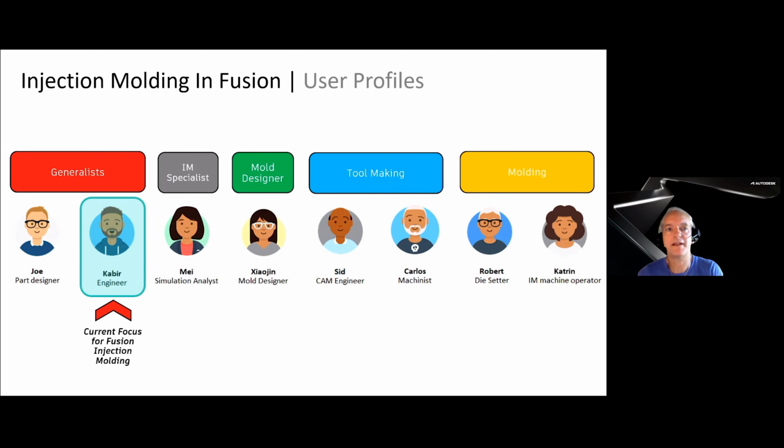and get to a point where there's confidence that this thing can be injection molded, then it can be handed over to an injection molding specialist or a mold designer who can figure out how to manufacture this thing efficiently. So if you have confidence that the design is okay to be manufactured, then the specialist can look at a different problem: how do we create an efficiently running mold that is going to do the job well?